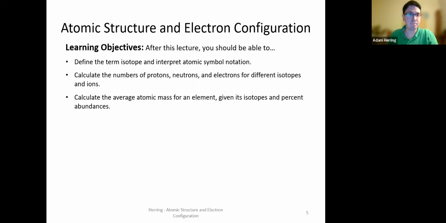Welcome back. In this video, we're going to learn about the structure of an atom. We'll also talk about isotopes and how to interpret atomic symbol notation. We'll discuss how to calculate the number of protons, neutrons, and electrons for isotopes and ions. And we'll also talk about the average atomic mass of an element and relate that to its isotopes and percent